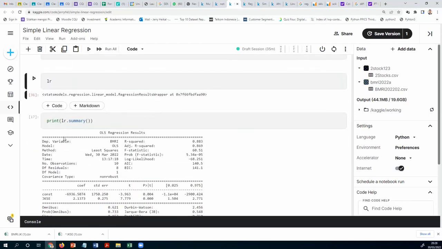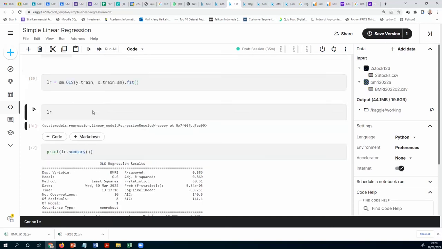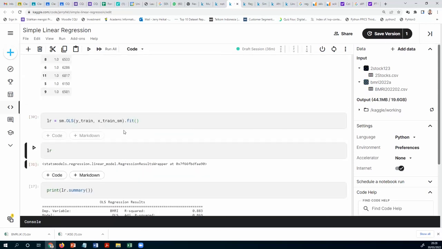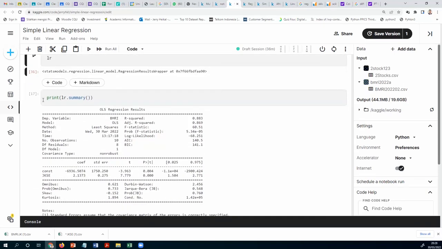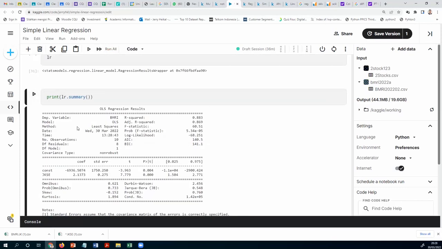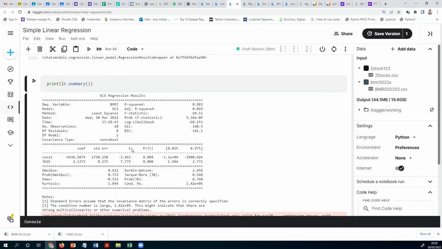And then let's print the linear regression summary of our Y train and X train statistical model. So this one is the result. So in here we can see that the constant is minus